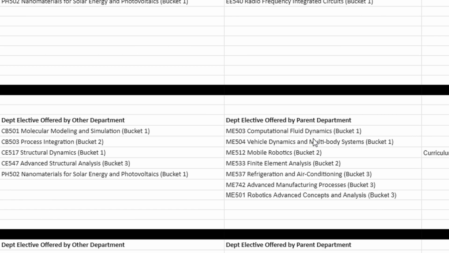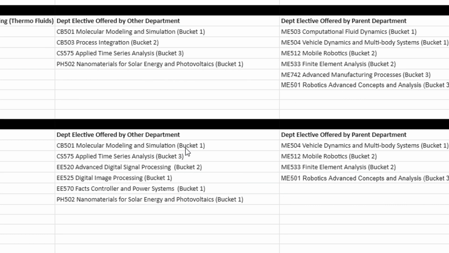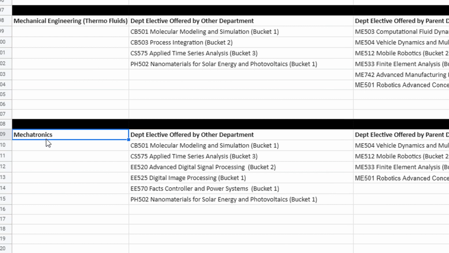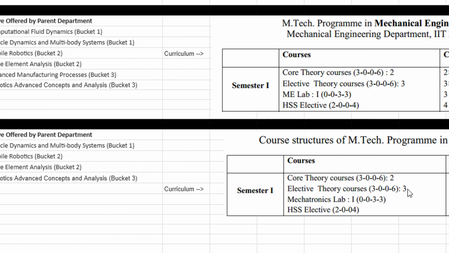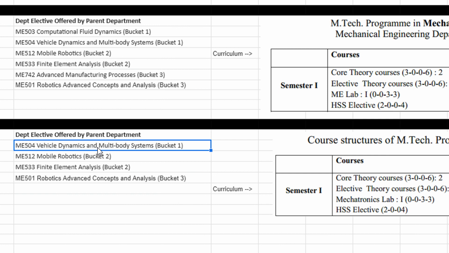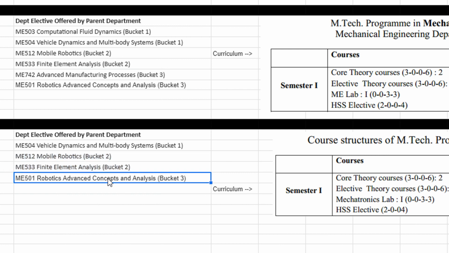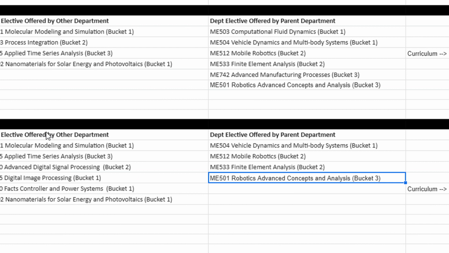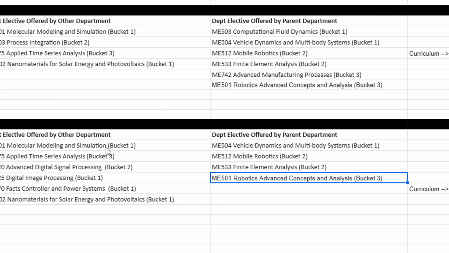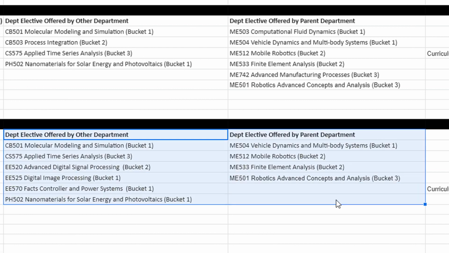Right? As against this, if you scroll down here, mechatronics. In mechatronics, the elective courses are 3 and you have bucket 1, only one subject. So you have to anyways choose this. Bucket 2 has 2 options. You have to choose one among these 2, and bucket 3 is here. So this also becomes kind of mandatory. Of course, there are some subjects which are applied, which are given from other departments. So overall, you have to take this particular matrix and choose one subject each from bucket 1, bucket 2, and bucket 3, right?